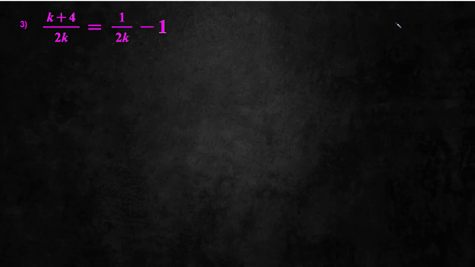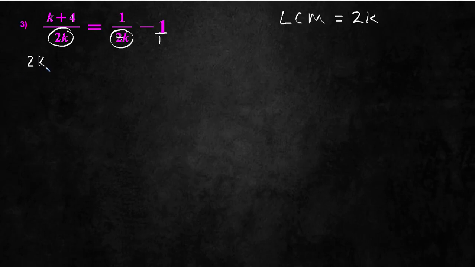Let's try one more. So first off, we need to find our LCM. If you notice, the only denominators we have is at 2k, and this is over 1. So our LCM is just very simply 2k. If the denominator was the same all the way through, you just get to pick the denominator. So I am going to multiply 2k over 1 times each of those items. K plus 2 over 2k,